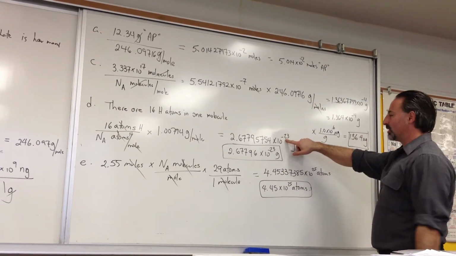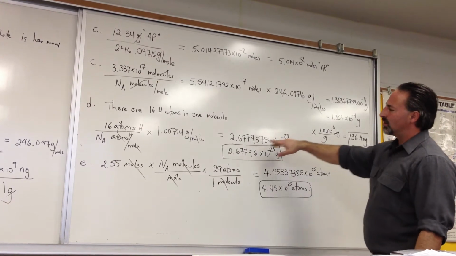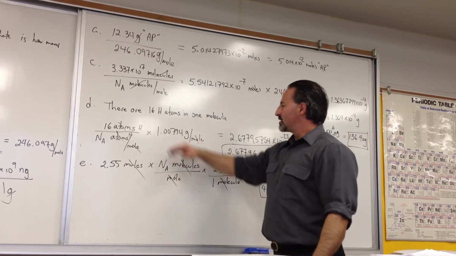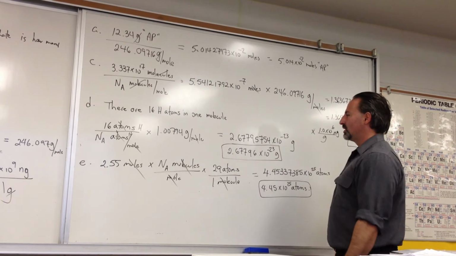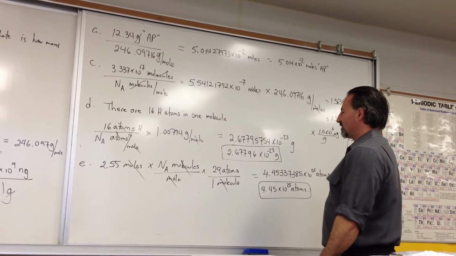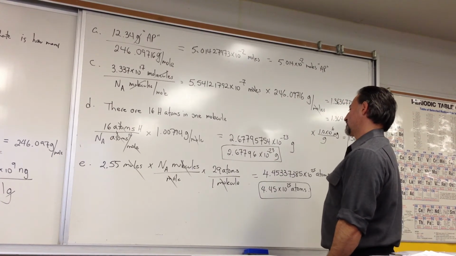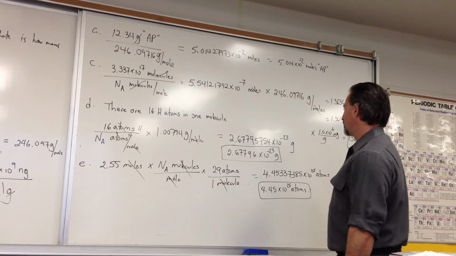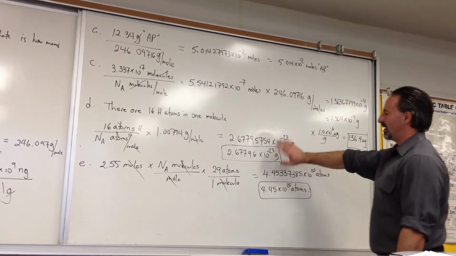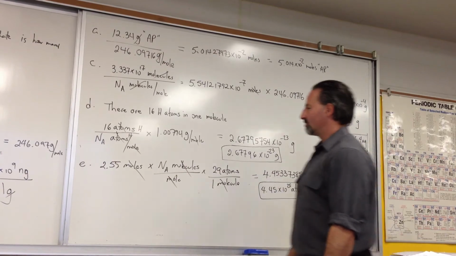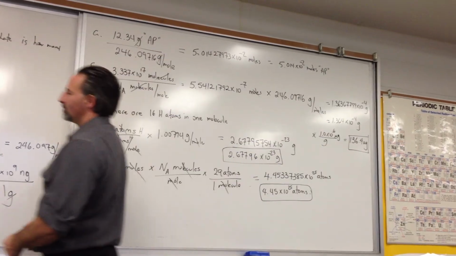So it's a very small amount. And then we're only allowed 6 significant figures in this particular answer. So it ends up being 2.67796 times 10 to the minus 23 grams. And I left it in grams because there's no easy conversion there. Then we go to